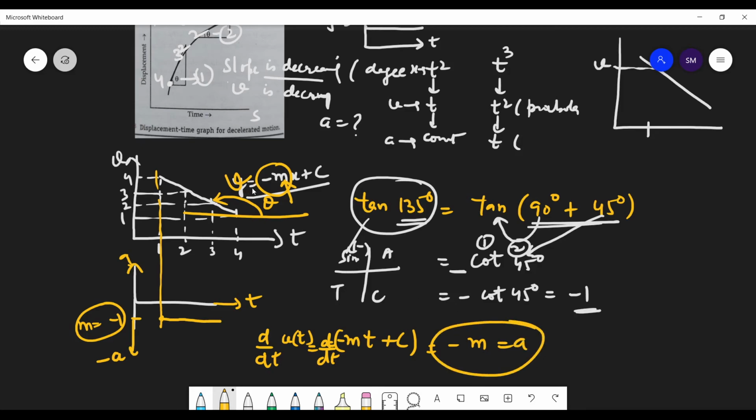So you can tell the acceleration in advance, whatever is the slope, because the coefficient of t will be left, otherwise the constant will be 0, and the coefficient will be left. So just by looking at the equation, you get the acceleration. So directly, if you know that velocity is equals to minus 5t plus 10, so what is acceleration?